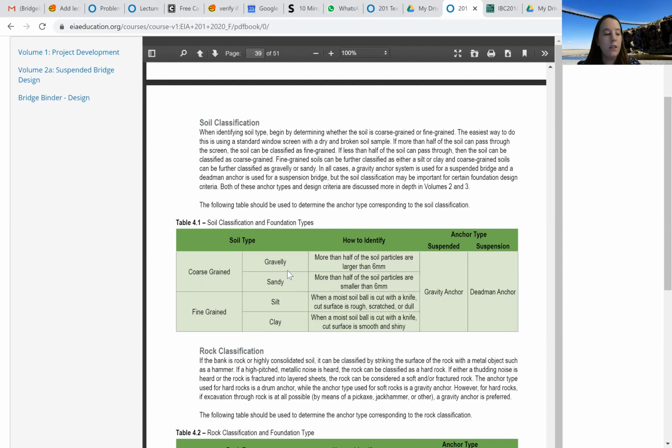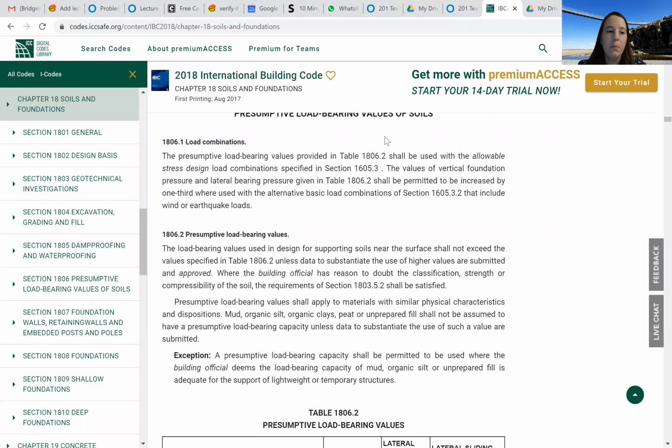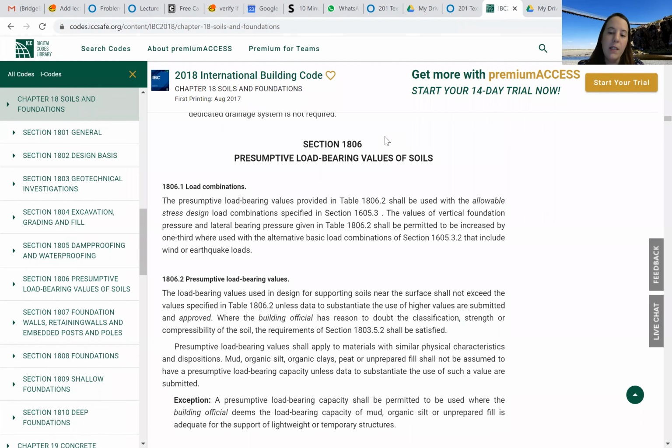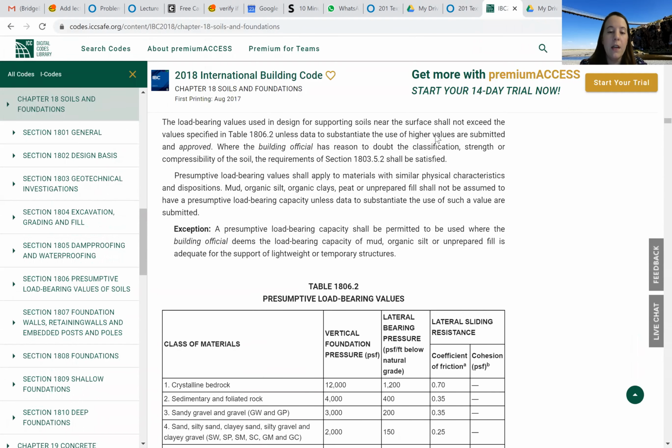So we assume there's gravelly and sandy soils, and then in order to get to the 286 kilopascals, we can reference the International Building Code. You can Google IBC 2018, it'll pull that up. You'll want to go to Chapter 18, Section 1806. The first thing to note is that the presumptive load-bearing values provided in the table we're going to look at will be used in allowable stress design load combinations, and that is what we've been using for our design. So when I scroll down to the table